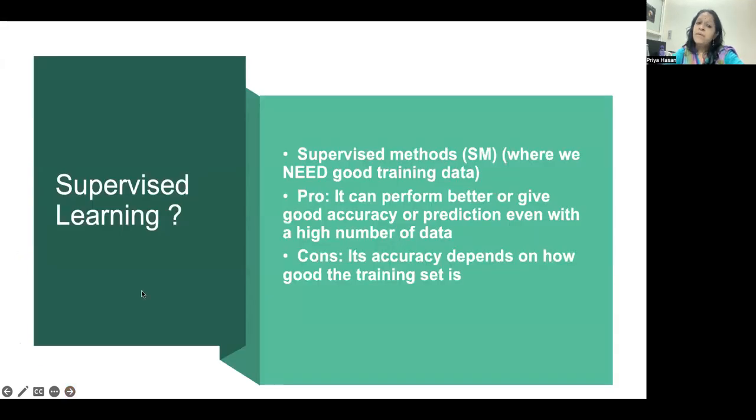After this, we tried out an experiment. What if we use supervised learning methods? The pro is that it performs better, but it obviously depends upon the accuracy of your training set. So let us assume that you're not so confident about the training set. How could we use unsupervised